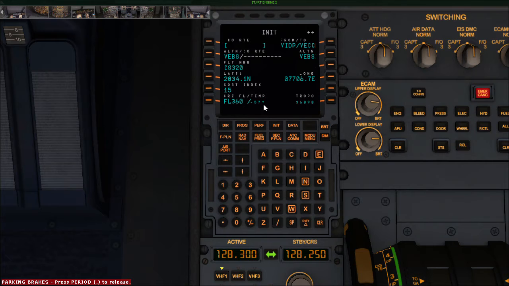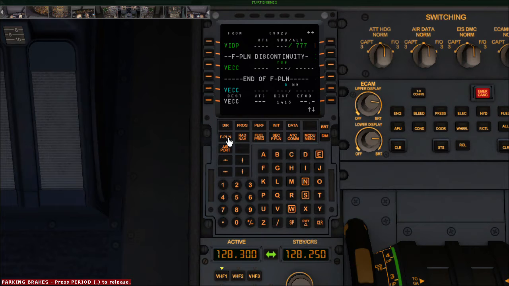So according to my flight plan, the temperature will be minus 55 degrees, because this temperature depends upon the tropo level, and our tropo level for today is 50,000 feet. So I'll be changing this minus 57 to minus 55. I put a slash minus 55 and it will take this. Then I will go to the flight plan page, like the previous one.